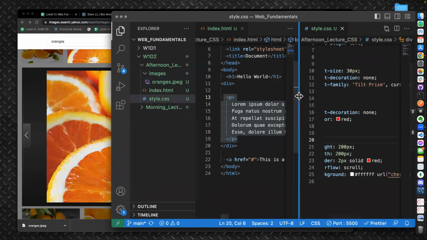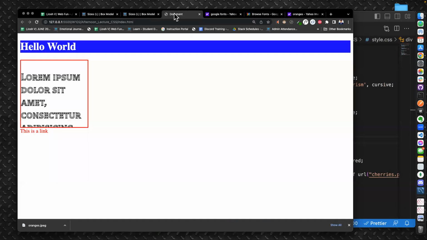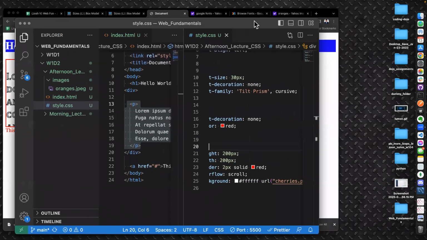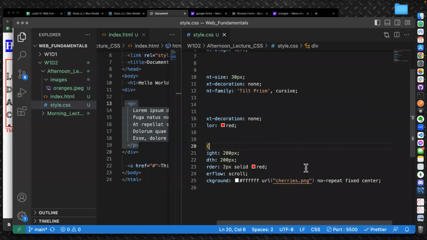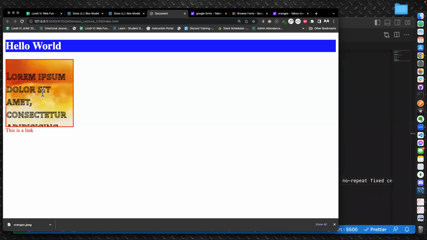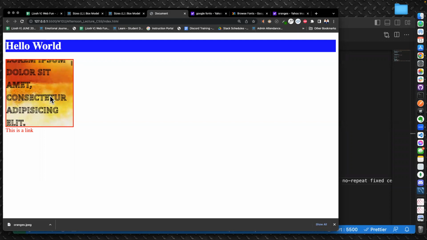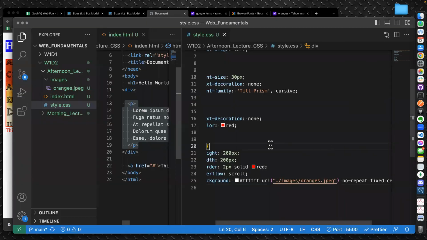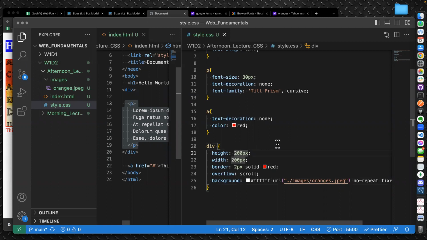I wanted to set that as the background of this div with the text in it. So let's set it as the background for that div. So I need to change this because I don't have a cherries.png. I need to find my oranges.jpg file. So I'll say /images and then enter. So now I have an orange in the background. I need to like expand this a little bit. So let's make this